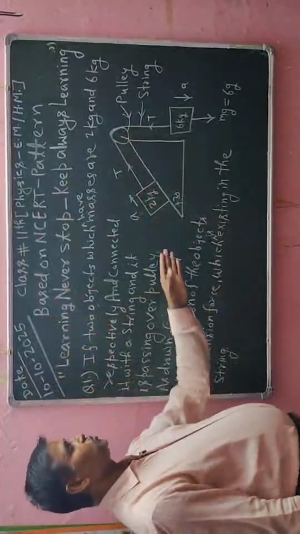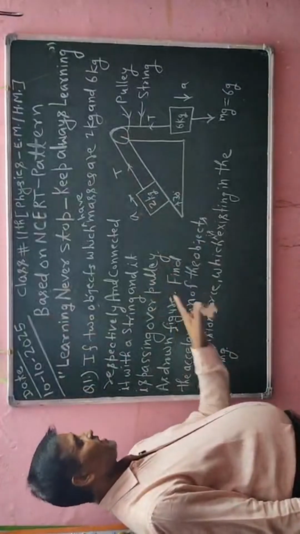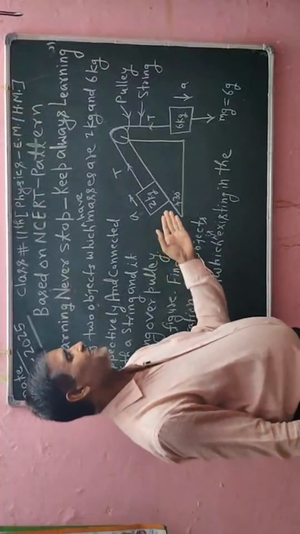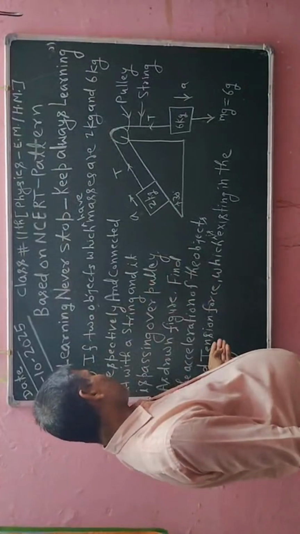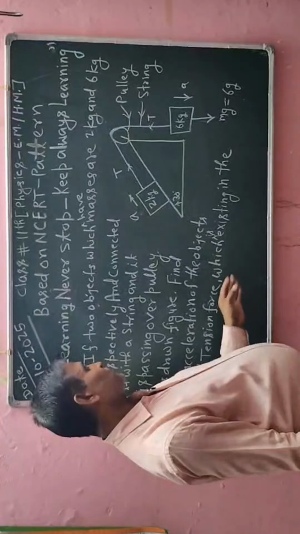तो इस फिगर को ड्रॉन किया गया है। कहा गया है कि दोनों ऑब्जेक्ट में एक्सीलरेशन कितना एग्जिस्ट कर रहा है, उस एक्सीलरेशन को फाइंड आउट कीजिए और उसके बाद उस स्ट्रिंग में टेंशन फोर्स कितना होगा,